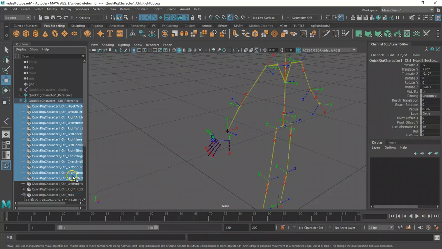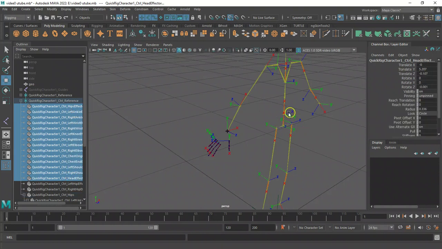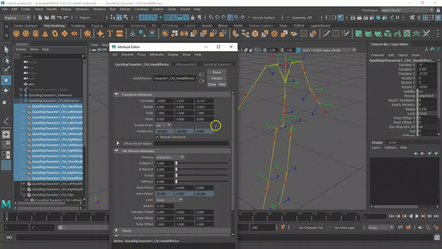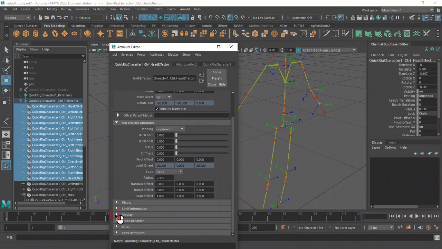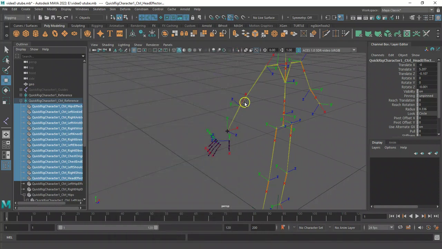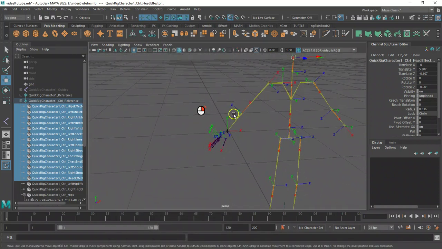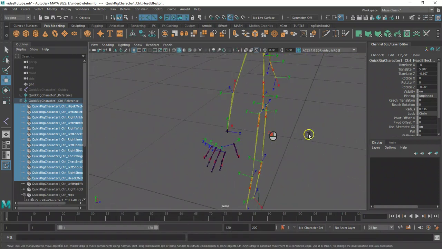You can select all of them and go to the Attribute Editor, or press Control A on your keyboard, and go to Display, Handle and Display Local Axis. So you can do this manually. Now that we have turned it on, we know the orientation of each